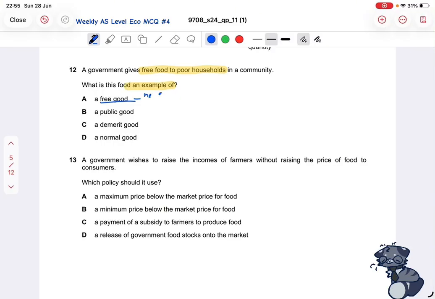cost. So what it basically means is that since an opportunity cost is the next best thing given up, to produce a free good, you do not need to give anything up because it is literally available in the world naturally for free. So for example, air is a free good because you do not need to give up anything to produce air. It is just there, it exists.